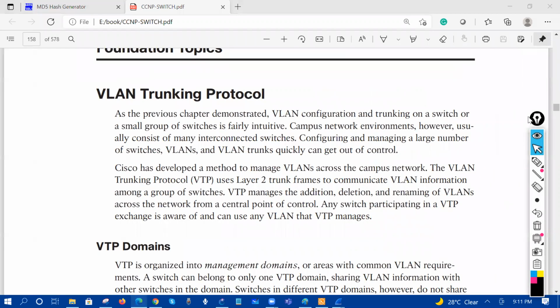तो आपको लड़के की आवाज चाहिए क्या? Yeah. Cisco has developed a method to manage the VLAN. लड़के की आवाज चाहिए क्या? अरे नहीं रे, तू पढ़ ले अभी यहाँ पे।